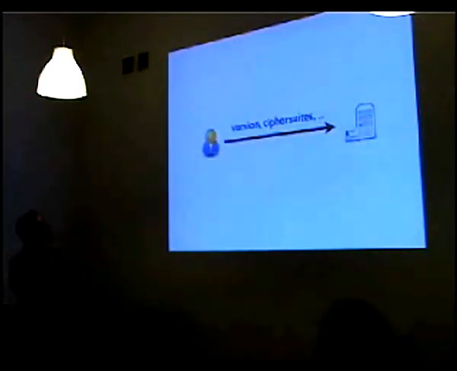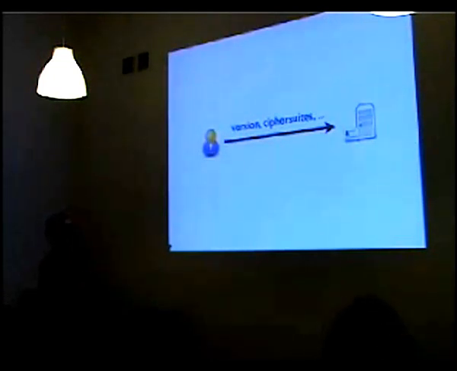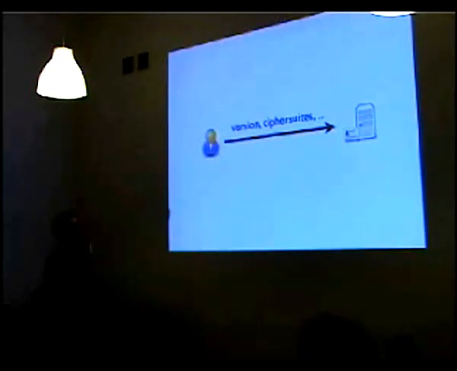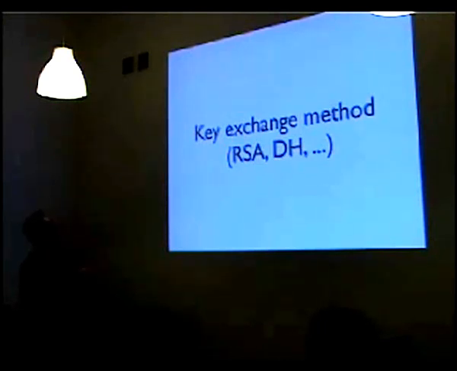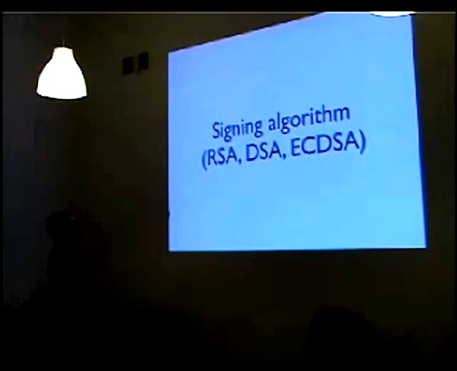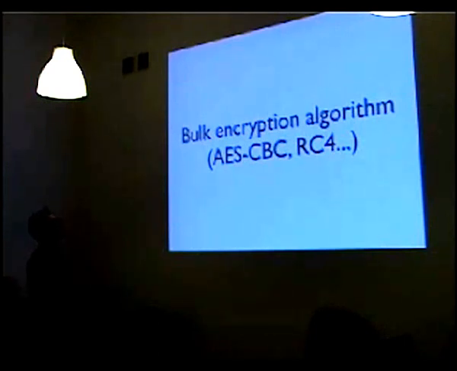First, I talk to some server, and I say, okay, I'm using TLS version such-and-such, and I support cipher suites such-and-such. What's a cipher suite? It's a bunch of algorithms that I am capable of using to have secure communications with you. It includes a key exchange method, usually RSA, but Diffie-Hellman is another example of a key exchange method used by TLS. It has a signing algorithm, so you can use RSA, and there are two other standards there. It has a bulk encryption algorithm, for example AES-CBC, which is the AES I talked about,